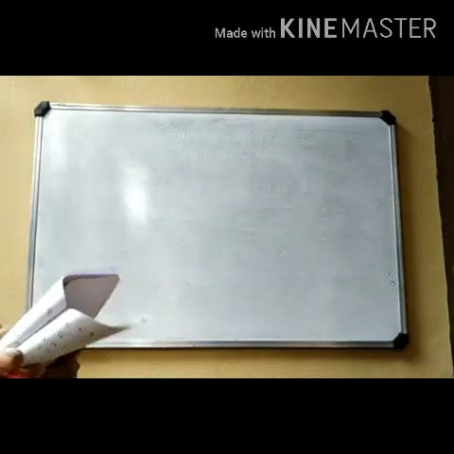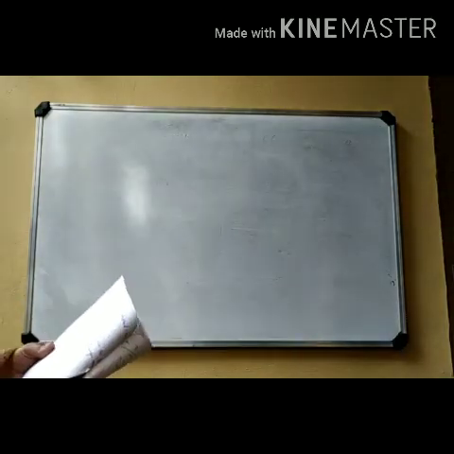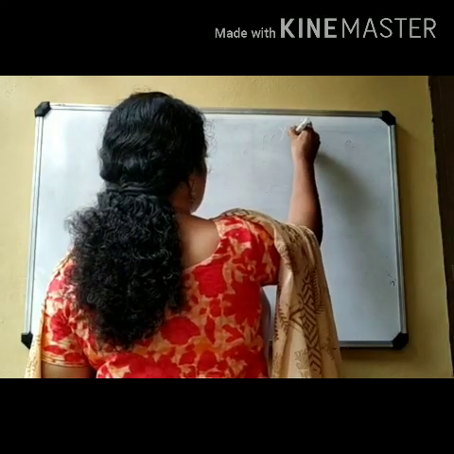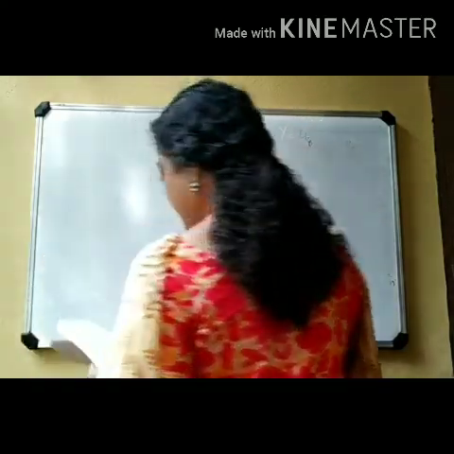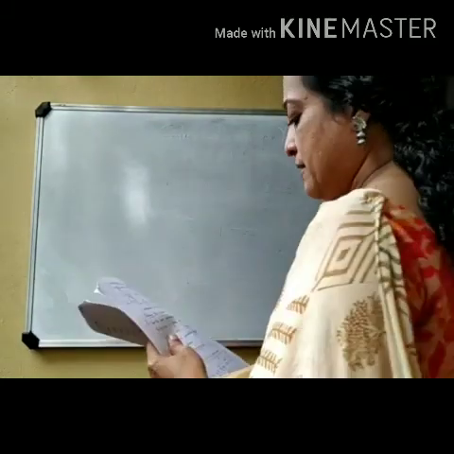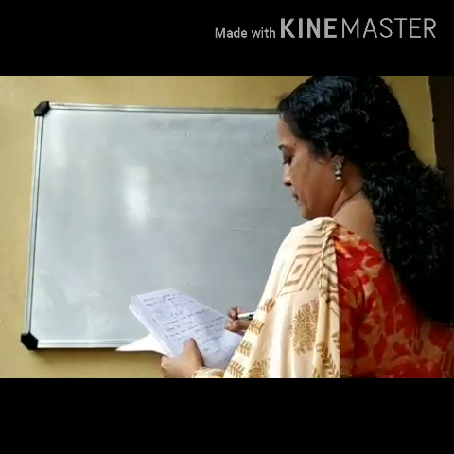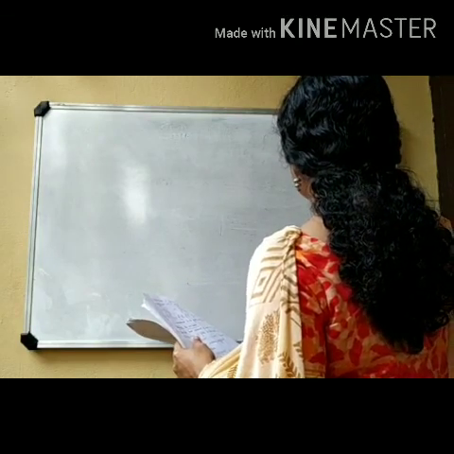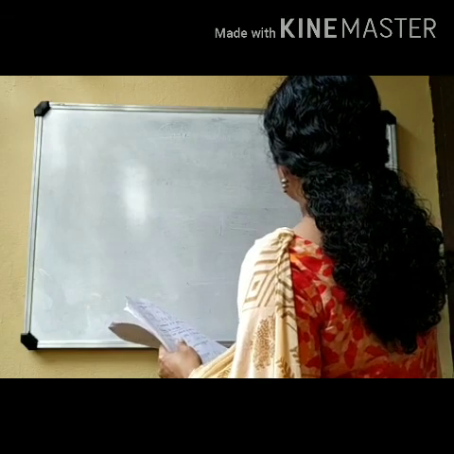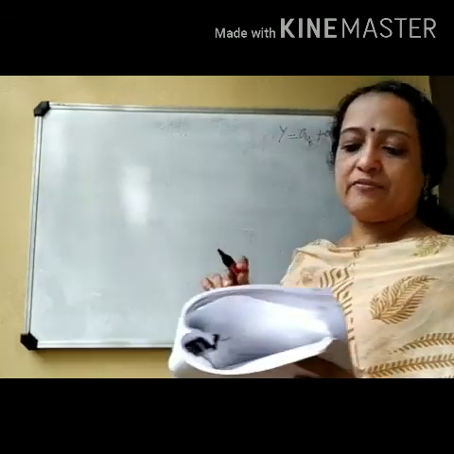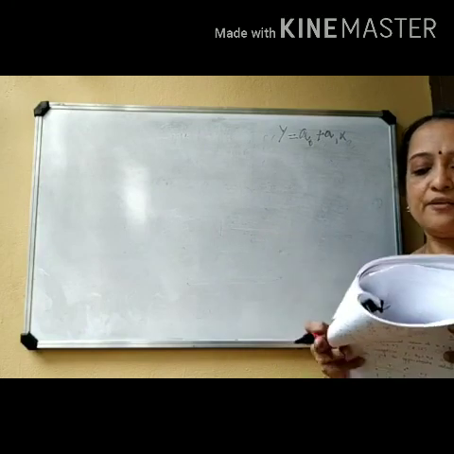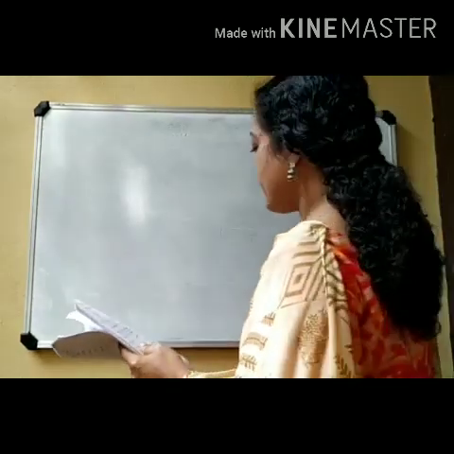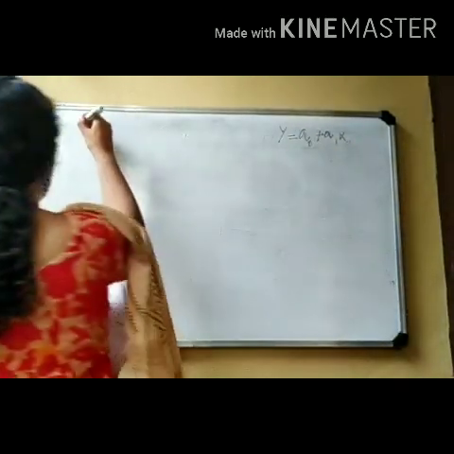So the question is, find the best values of A0 and A1 if a straight line y is equal to A0 plus A1x is fitted to the data xi, yi, and the values given are